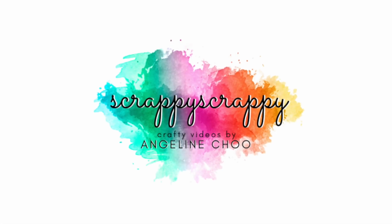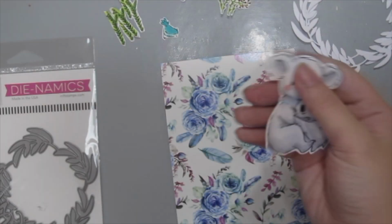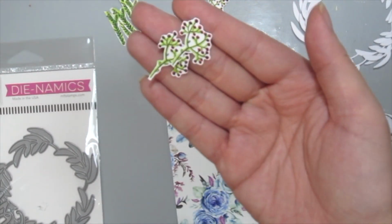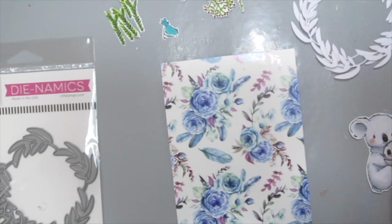This week's video is going to be a special one because we have a special stamp set dedicated towards those who are impacted in the Australian wildfires. So half of the proceeds will be going towards this cause, and this set is called the Quality Friends. It is so cute. I've also stamped and fussy cut all the leaves and the little birds there to layer